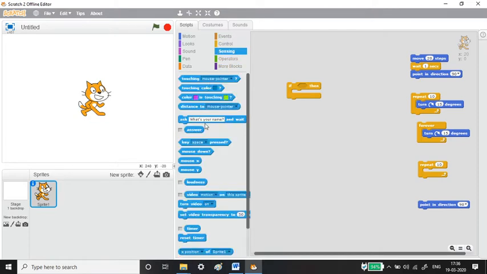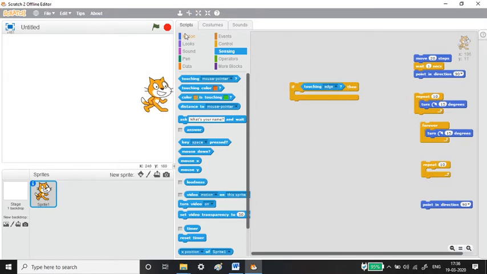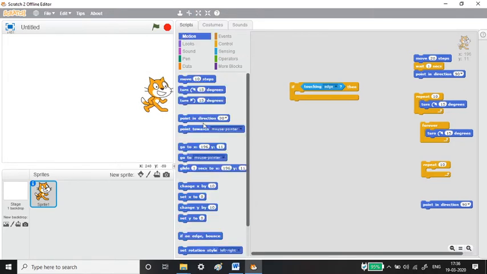Now see here, let us see what all is available. If touching the edge, then what it has to do? What I am giving is turn minus 90 degrees, which is the left side.